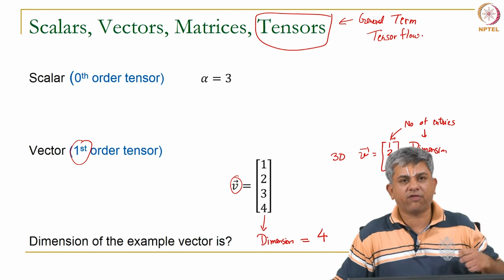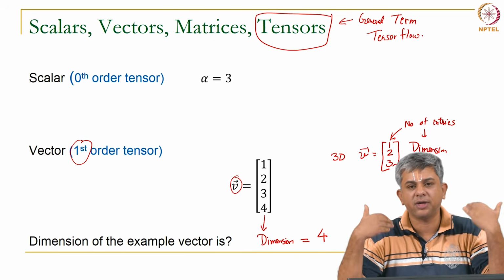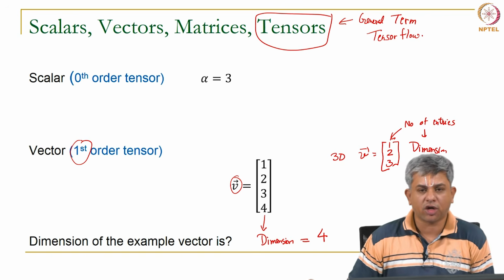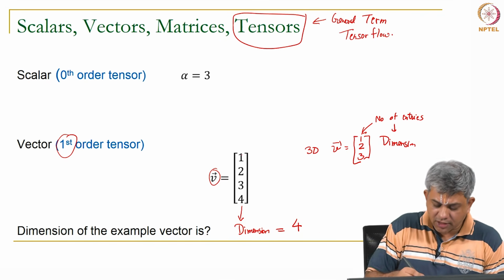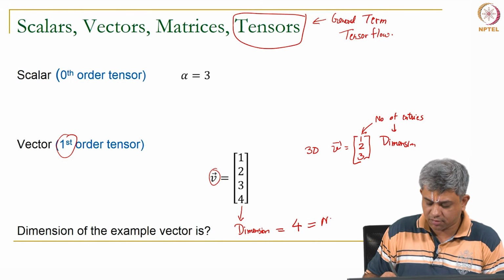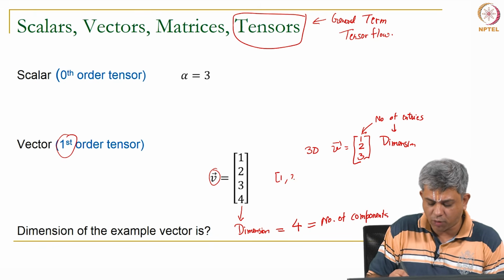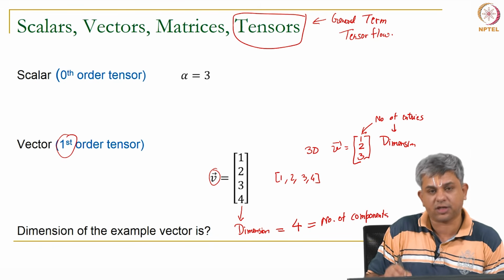What I mean by the order of tensor is you simply have one single column. If you had a column and a row, then it will be a second order tensor, as we will see shortly. But notice that the number of dimensions of this vector is equal to the number of entries or number of components that it has. Okay. So, this has 4 components, you could denote it by 1, 2, 3, 4 for example.